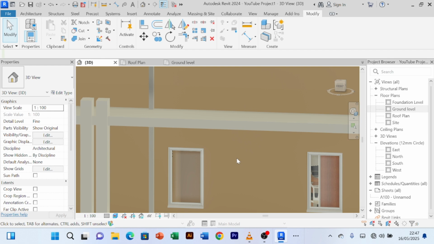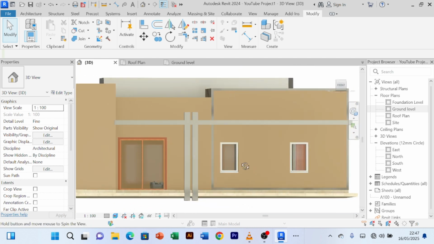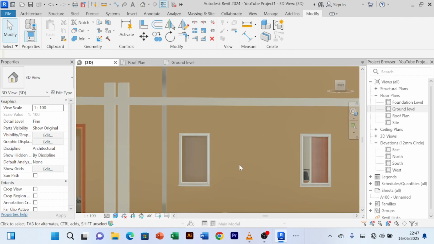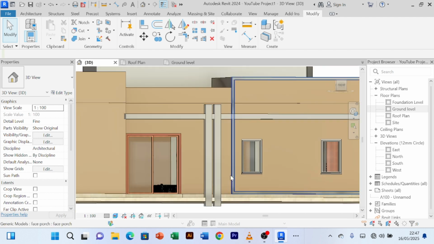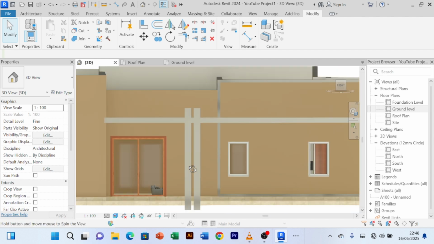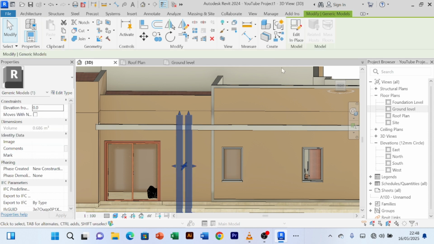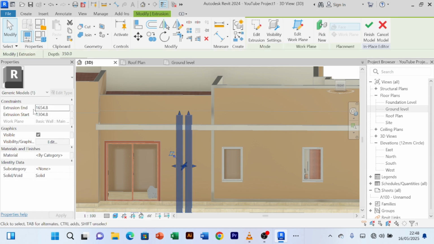Mostly these things are casted, they are modeled in place. If you see these modern houses, you will be able to see a lot of these kinds of designs. For now, we have not given them any materials, but let's give a material to this so that you see how practical it is. So you click on it, you come to edit in place, you click on it again. From this properties panel, we have material here. You click on this by category,